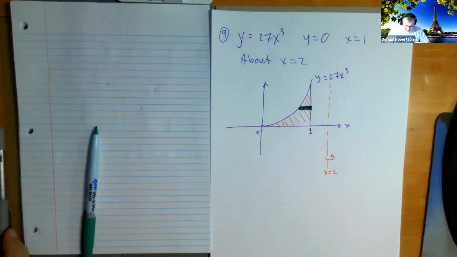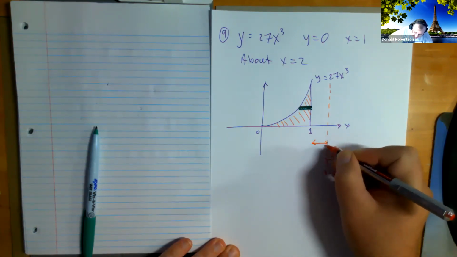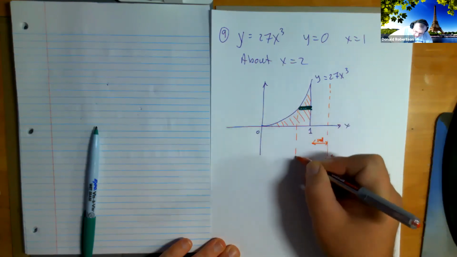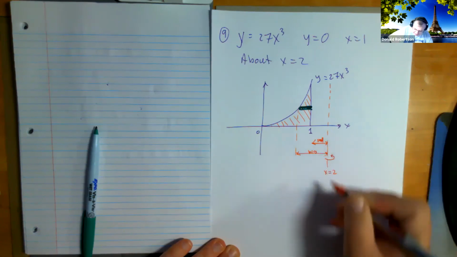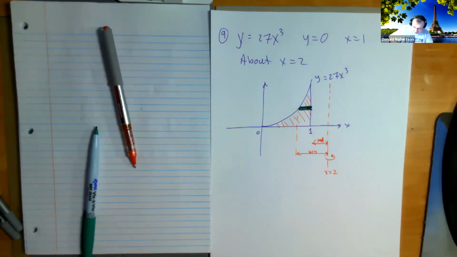Now this guy that we have involves us finding 2 radii. That's the small one, and this distance here, that's going to be the big one. And the formula that you use